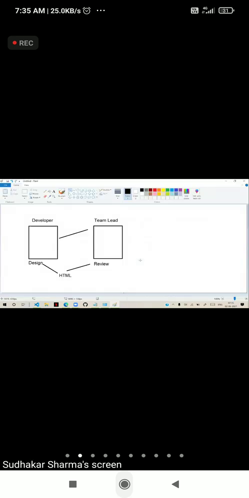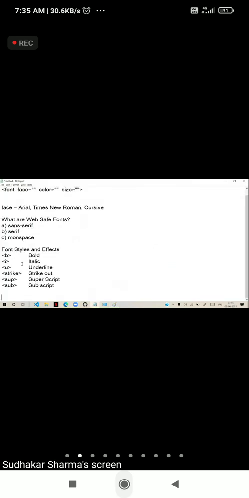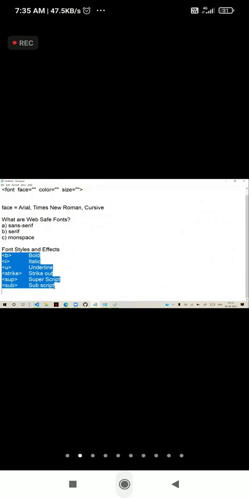HTML is also the same. Generally, when we are designing a web page, HTML has two modes, design mode and review mode. These are all the tags used in design mode for highlighting the content. If you want to make a change and tell about the change in review mode, for bold we use the word strong. Strong is the same as bold, but it is done in review mode.